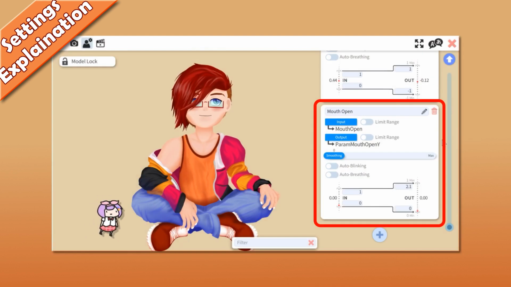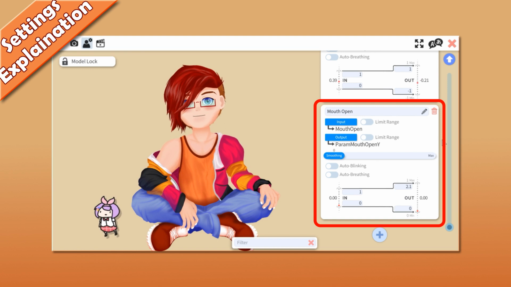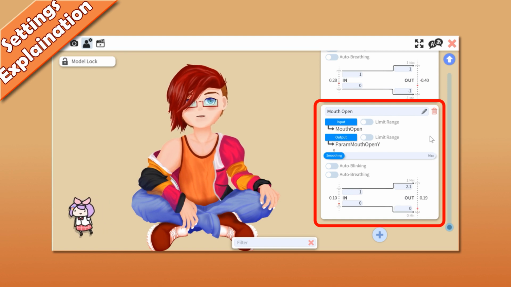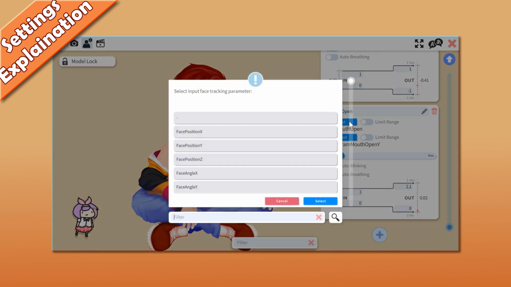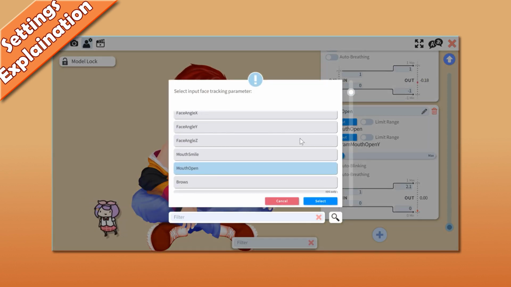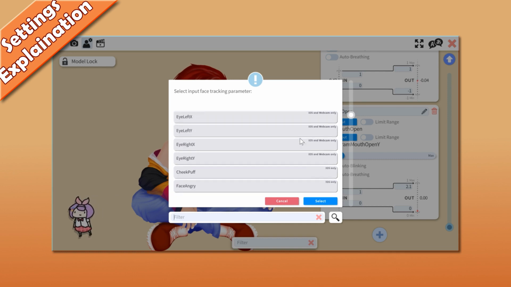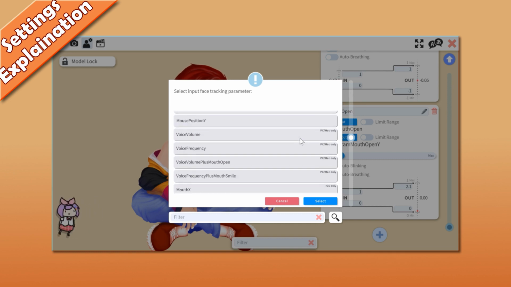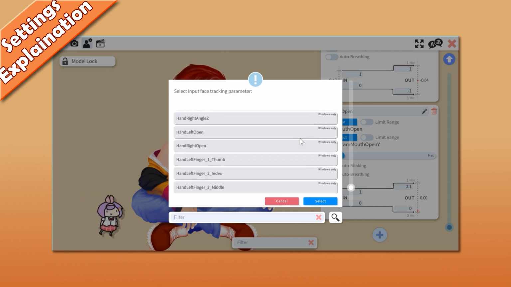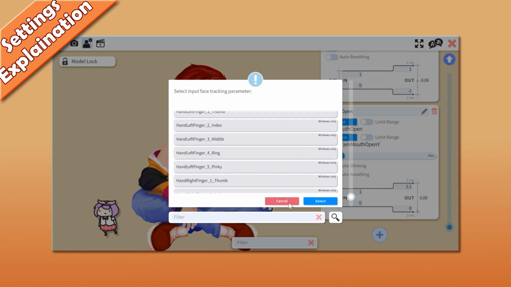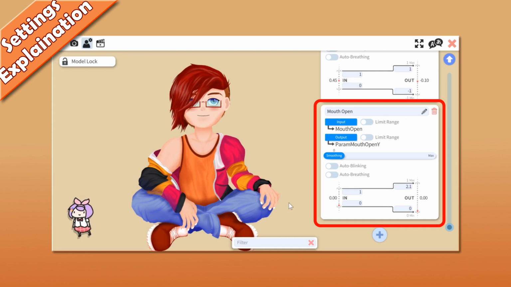In the main bulk of the parameter settings, you'll have a bunch of these boxes, and each one's going to be the same format. The first option on a parameter is the input, which means which set of information from the camera tracking will it use to control your model. If you click on the blue box, you'll get a list of all the options, and you can change them